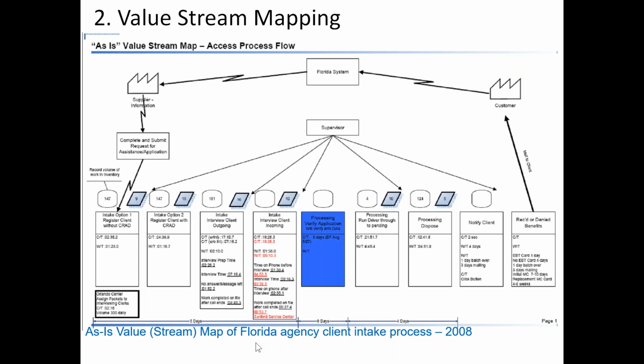The Department of Children and Families in Florida was not able to get electronic benefits transfer, or food stamps, to mothers with dependent children quickly enough. So we did a value stream map on the process and realized that we needed to get more phone lines into the DCF building, so that mothers could put calls in to get their applications more quickly.